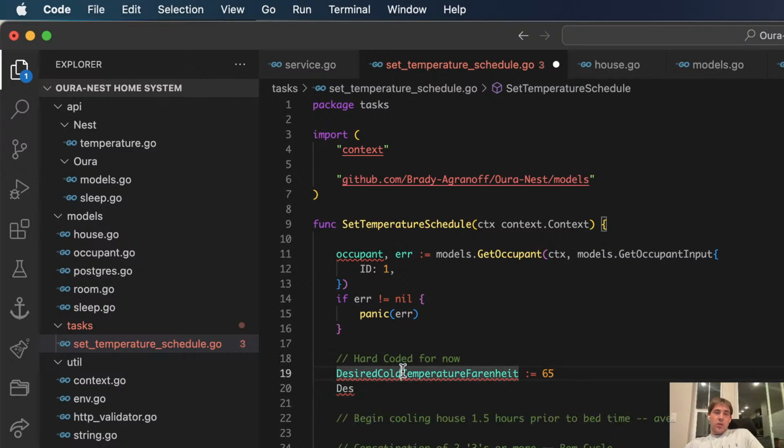Desired cold temperature. This is horrible variable naming, but let's roll with it. Maybe not horrible, but desired warm temperature in the morning, Fahrenheit. I'm gonna have it set to 72. I'm just gonna set them straight up. Let's do that.